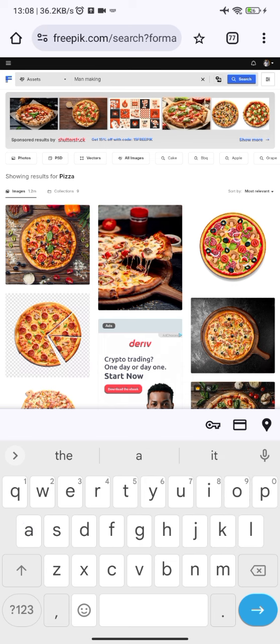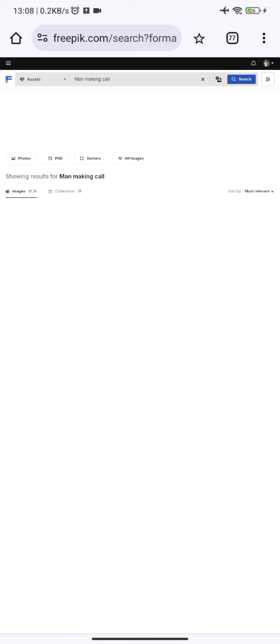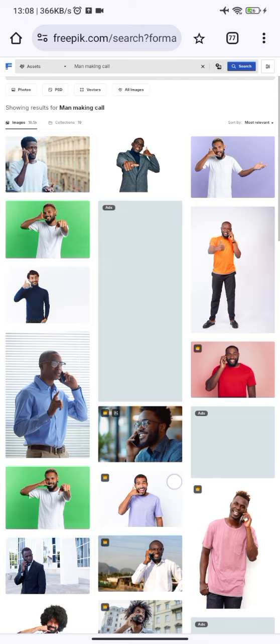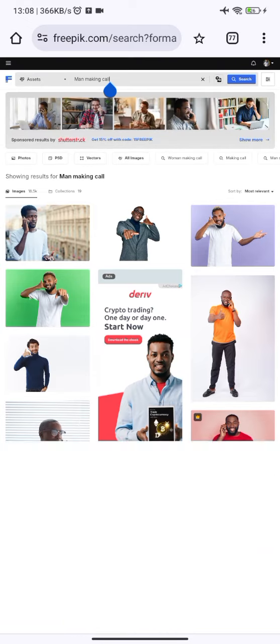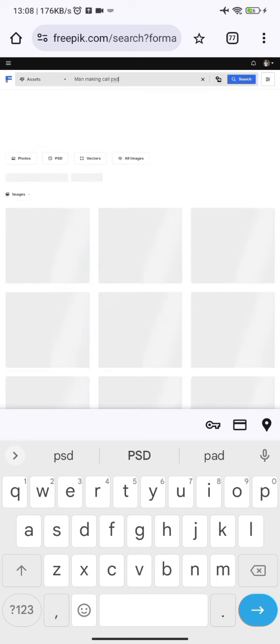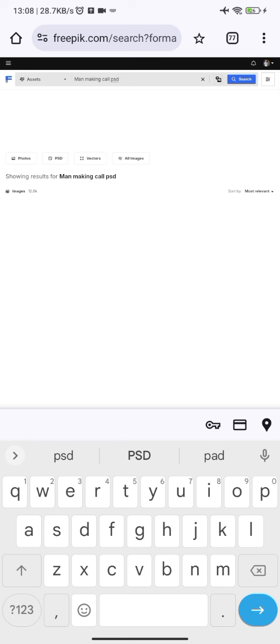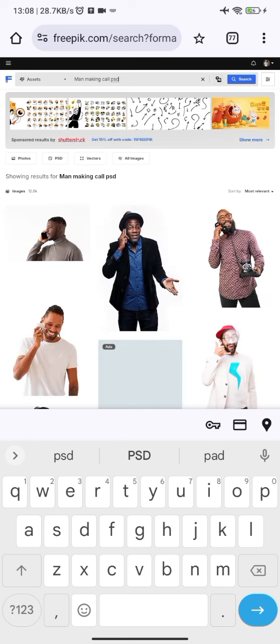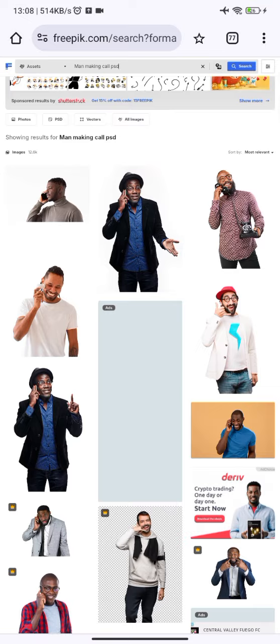So you just type your prompt on the search bar, and then it's going to load a lot of images. Now you can see this image, but let me search it as man making call, and let me search for PSD. The reason why I'm searching for PSD is that I want to show you guys some images that are in PSD format. So let's check out